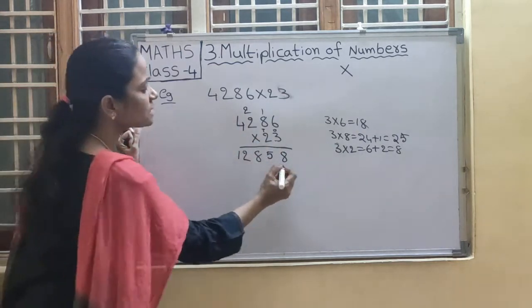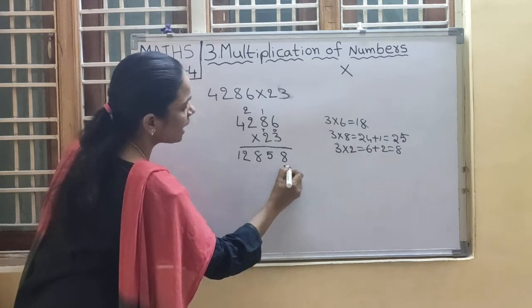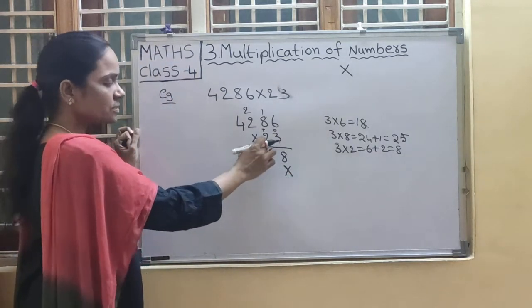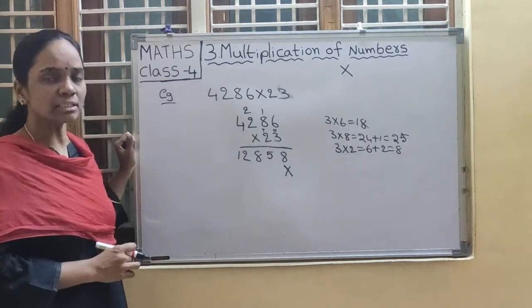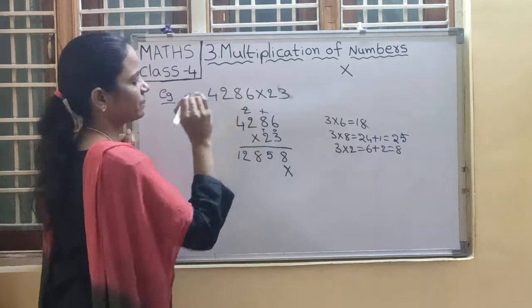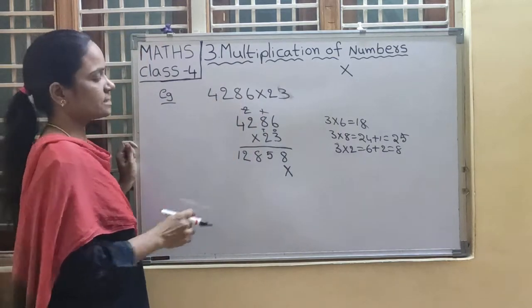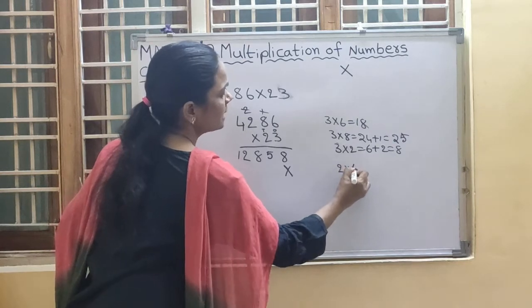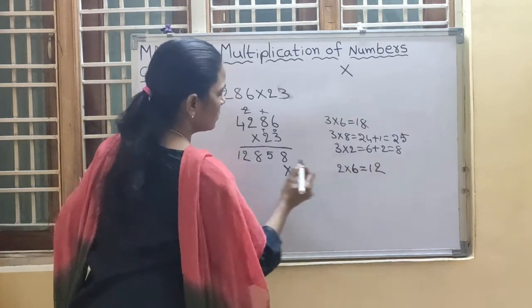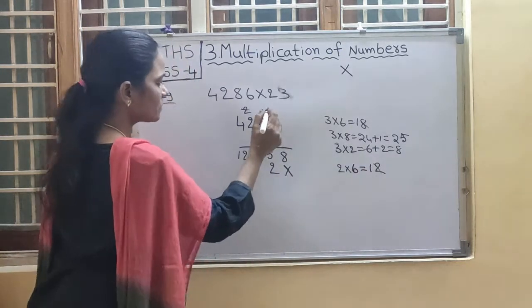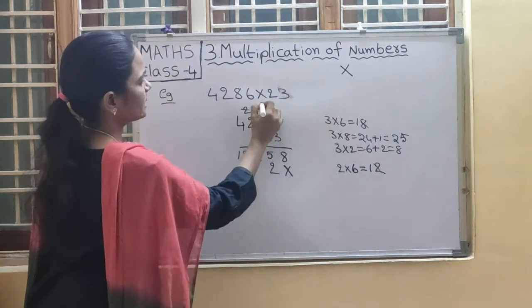So, for the 1's place, put a cross, or you can also put 0, because we are doing it with the 10's place digit. So, start with the 10's place. So, 2. Now cross out these carries. Now, 2 6s are how much? 12. So, 2 right here at the 10's place and 1 is the carry, forwarded to the next place.